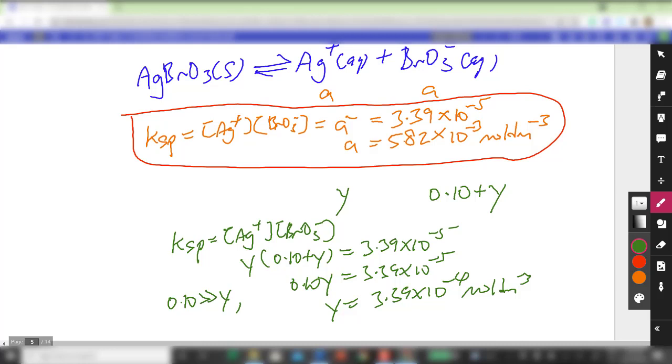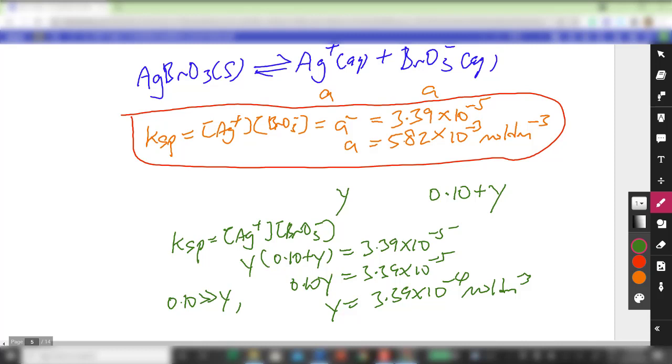That is 3.39 times 10 to the power minus 4 and 0.1 together. When I multiply the two together, I will get Ksp. So in that sense, I can have an infinite combination of silver plus equilibrium concentration and the relevant bromate equilibrium concentration. I combine the two. As long as it equals Ksp, that will represent the maximum amount of the salts which can dissolve